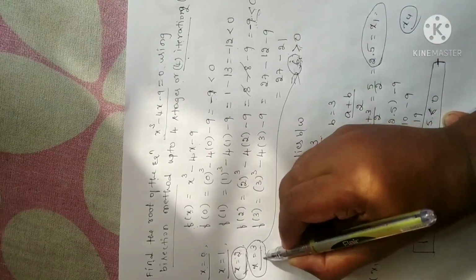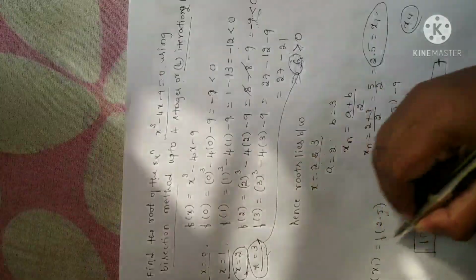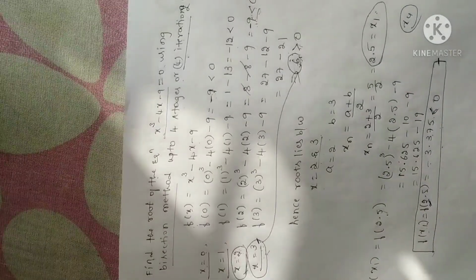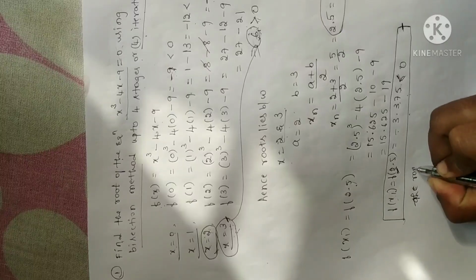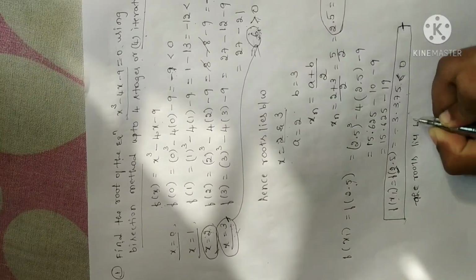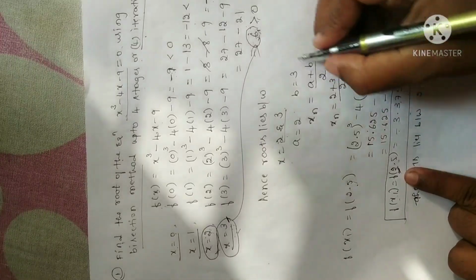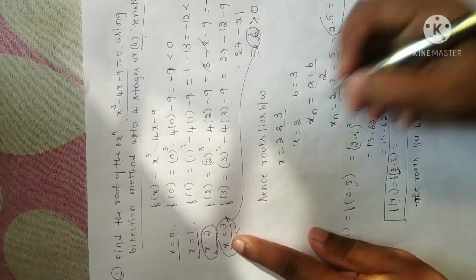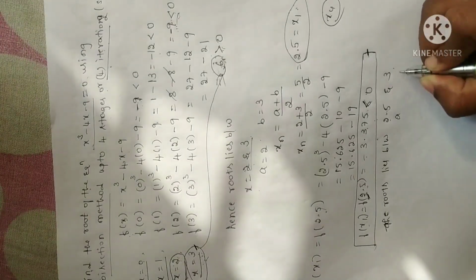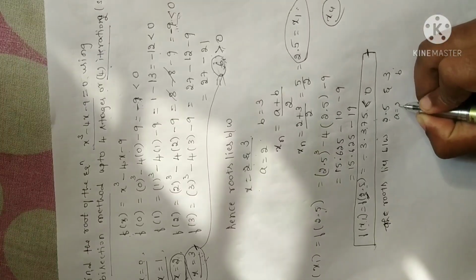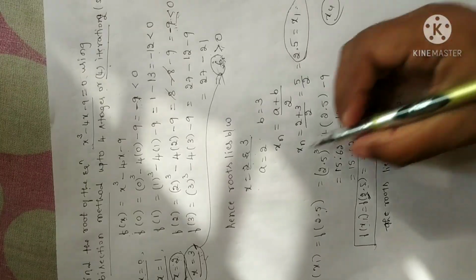So when you have x is equal to 3, then only you will get positive. So I have to take this value and this value for the next step. So the root lies between 2.5, this negative value, and the previous positive value, when x is equal to 3. So 2.5 and 3. Take this value as a and this value as b. A is equal to 2.5, b is equal to 3. Now do the same procedure.